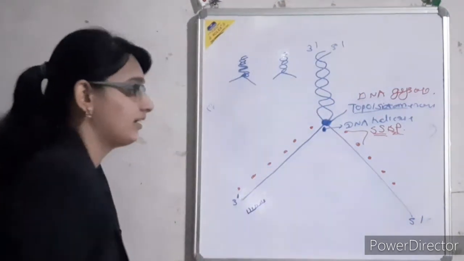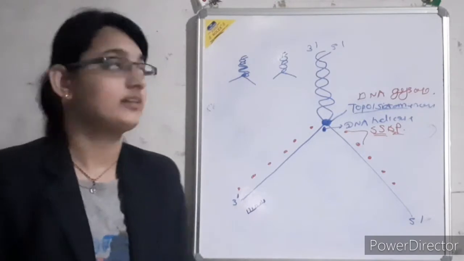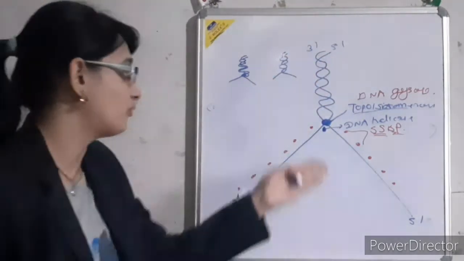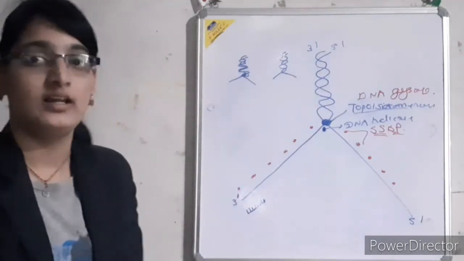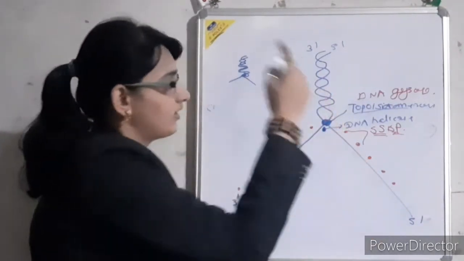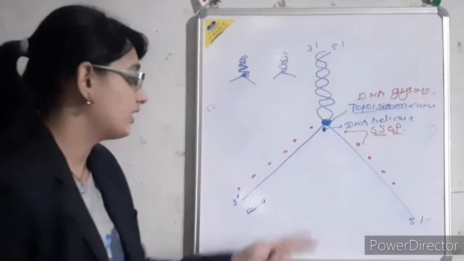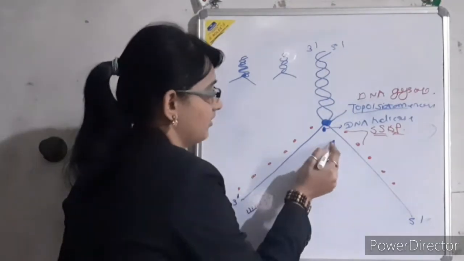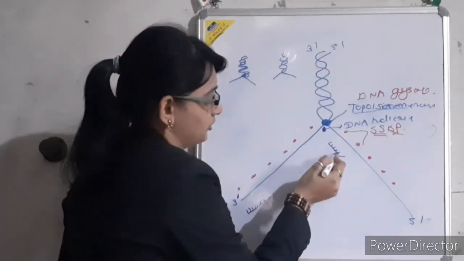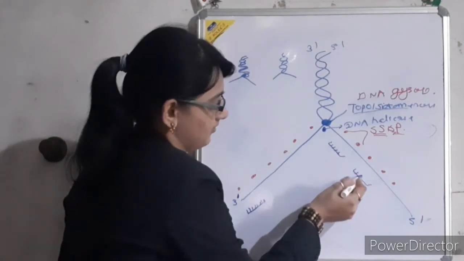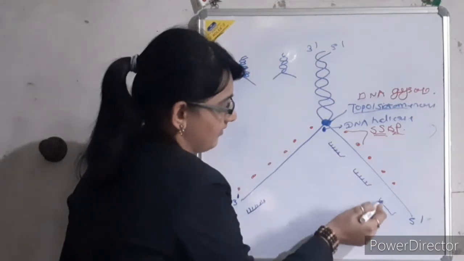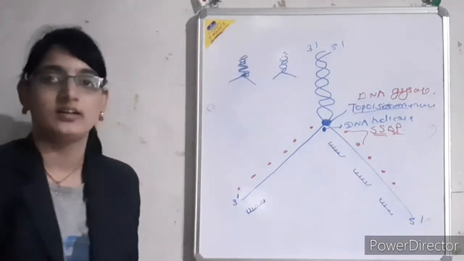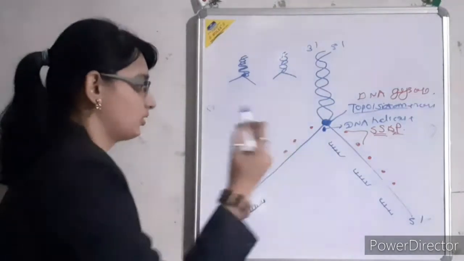But on this strand there is no 3' end. The 3' end is here. So why will this RNA primer attach here? No, it wants to construct the new strand here only, because here is a single-stranded structure, and here a double-stranded structure is already present. So it will never form the 3' end here. It will get attached at random positions like this. It is getting randomly arranged. In this way the RNA primer is added on both sides.